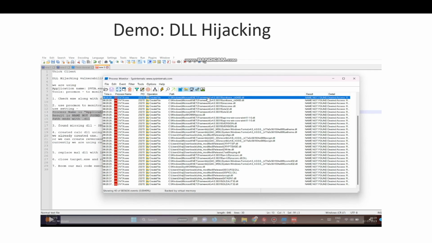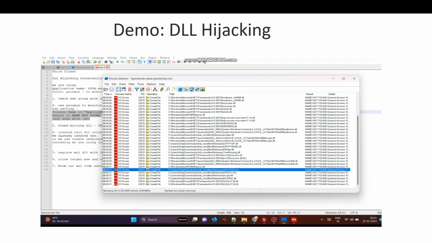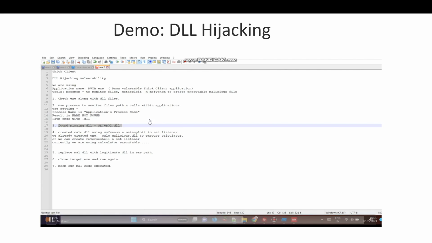And if you see the file tab, it goes to the framework, it goes to every other path, right? So these we are interested in, and these are nothing but our target where we could replace a malicious DLL with one of these DLL files. We are taking the missing DLL which the DVTA tried to call, but however the legitimate DLL is not present. Since we get the DLL, what will we do? The next step is